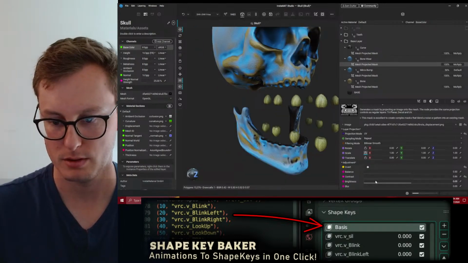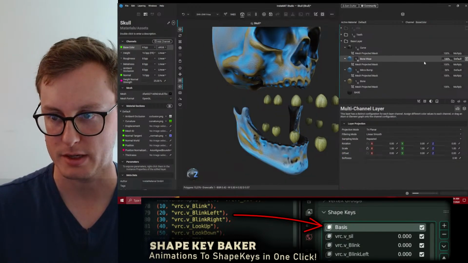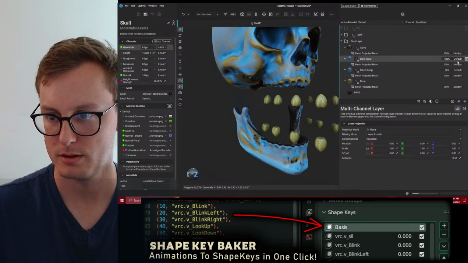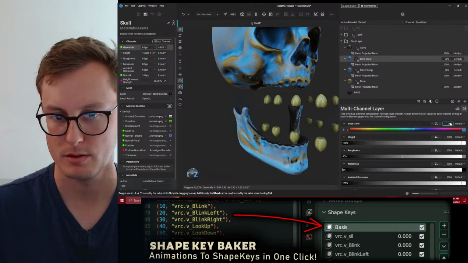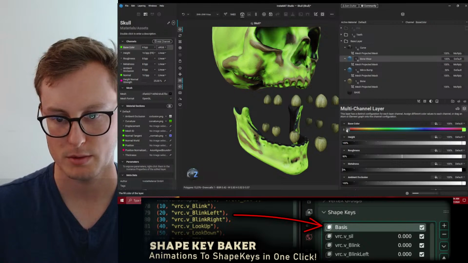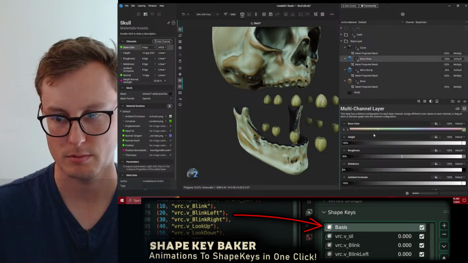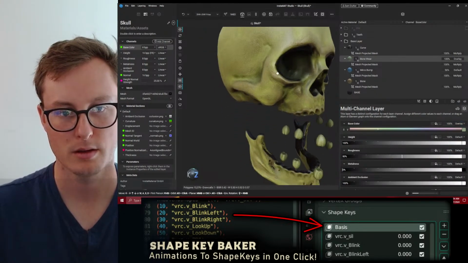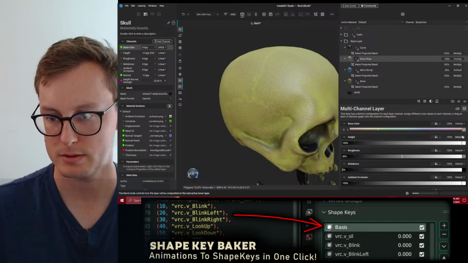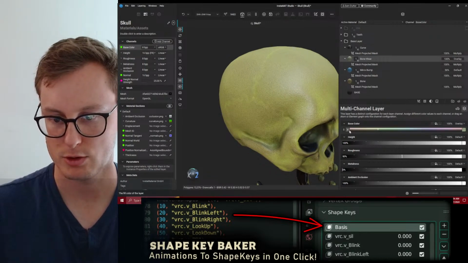Then I will take out the color. Or, sorry, keep the color. Set it to something like this. There. Use some sort of overlay. Let's go darker. Darker.